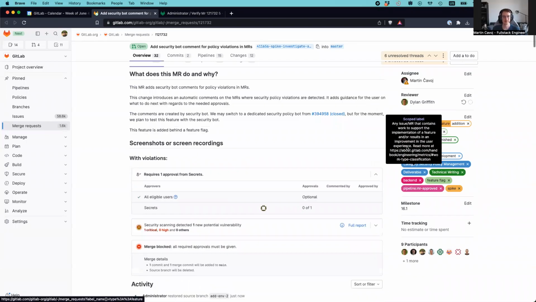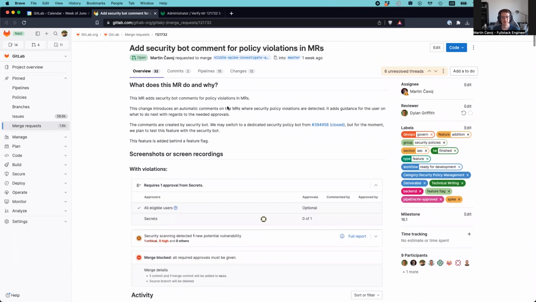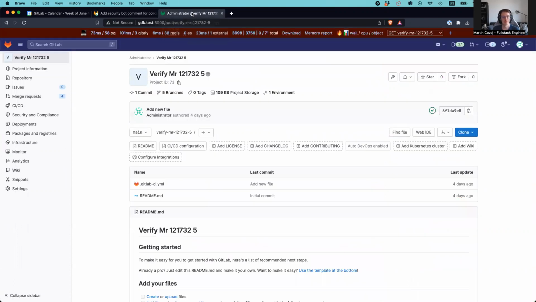All right. Hi, Martin and I are looking at this merge request, which I couldn't validate on my local. So we're trying to figure out why or what's going wrong. So what I did, maybe I can start with showing what I already did. So I have a project here, and the project has a CI YAML, and that's it, and the README, and it has a policy,